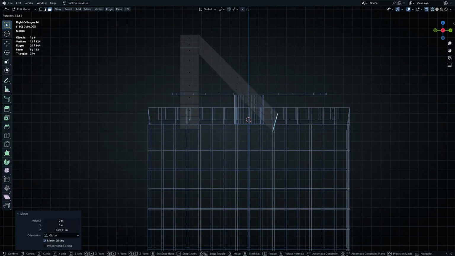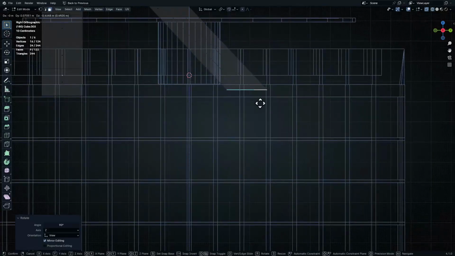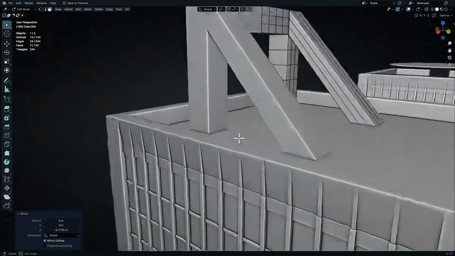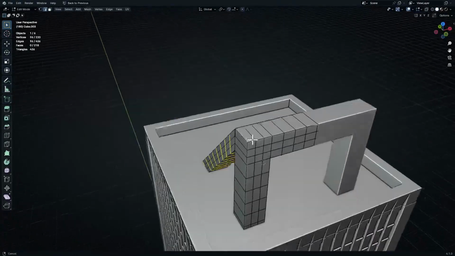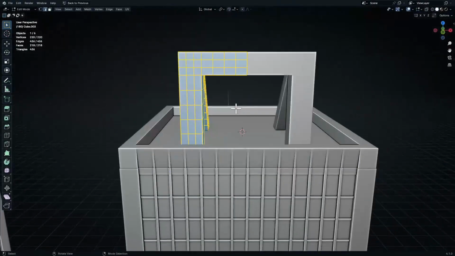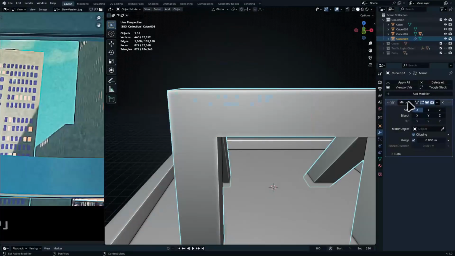And you can rotate, actually hold Control to rotate it like this, and then just G and move it something like this. And you can add some loop cuts. That looks good. Now select everything, and Control T to triangulate it like this. And right now you can add wireframe